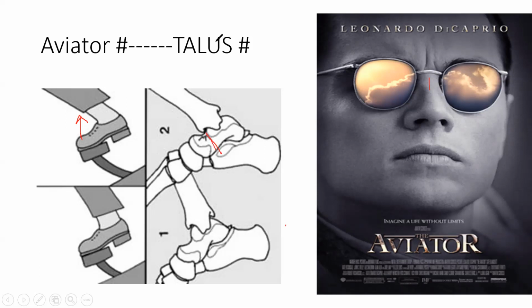So why is it known as aviator's fracture? In the aviation industry, most commonly in air pilots, where they have crash injuries or severe sudden deceleration or stopping, this type of dorsiflexion is common. So talus fractures are known as aviator's fractures. You have seen this video, and these also come under aviator's fracture.